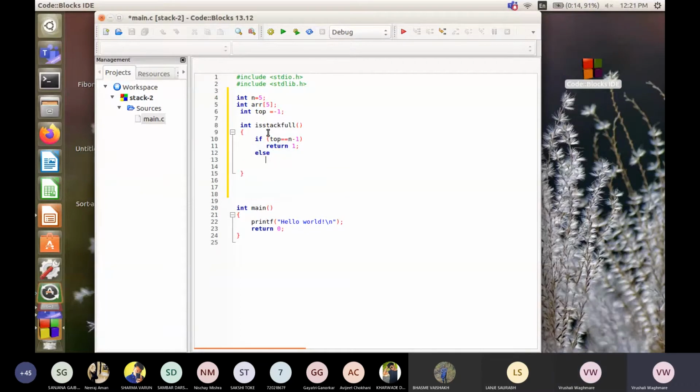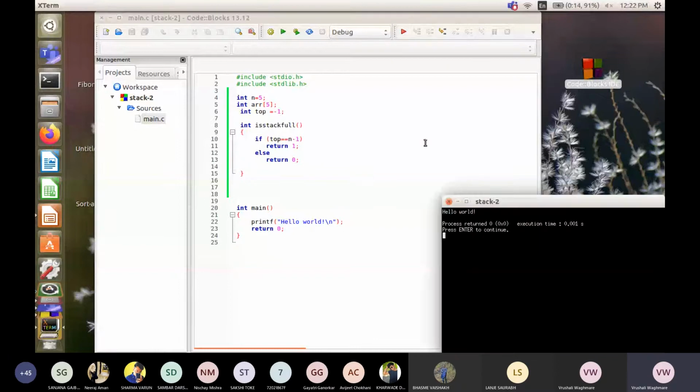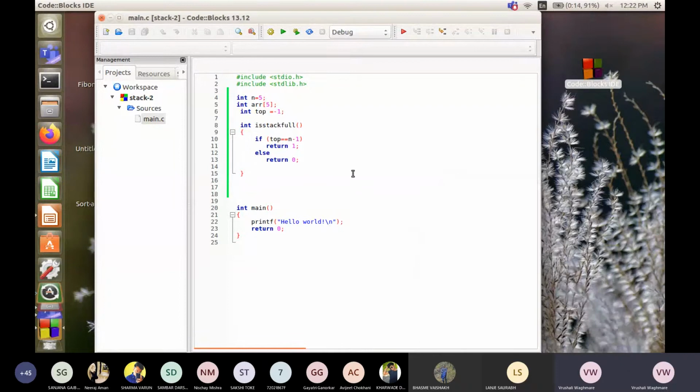Else we are going to return 0. This is a simple function. Just checking this for syntax error. So first we write a simple function, whether the stack is full or not.